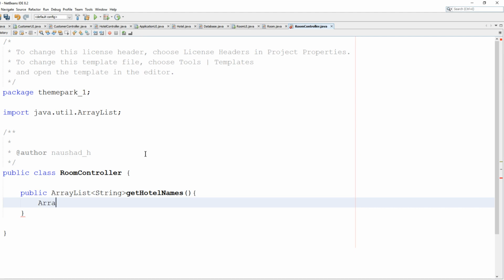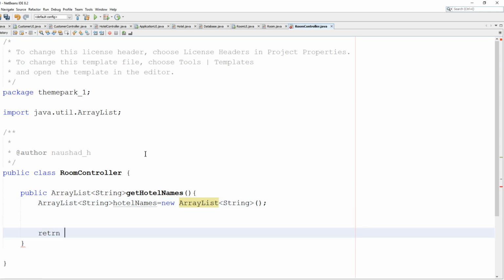This is going to be a temporary item, an array list of string that we are using to store the data, the retrieved result set. So you can say all hotel names. So hotel names will be pulled up from the database. Equal new array list of string, and we are just going to add our hotel names into this, and then return hotel names,